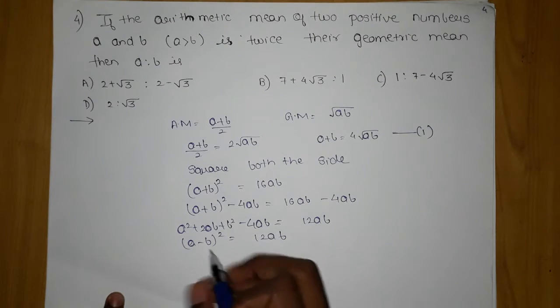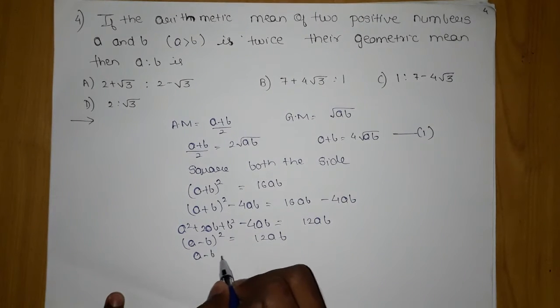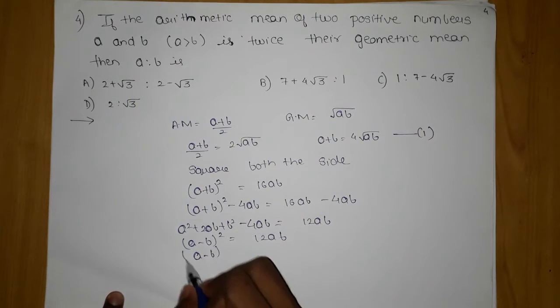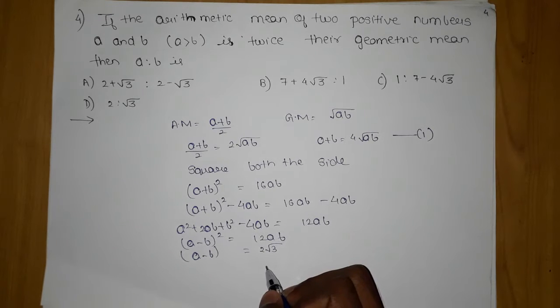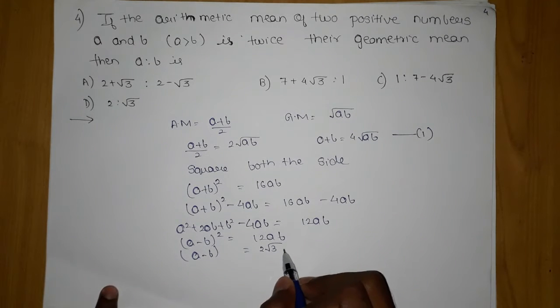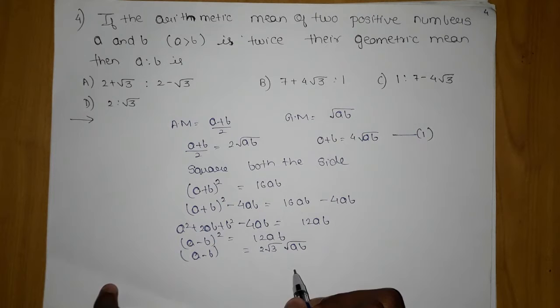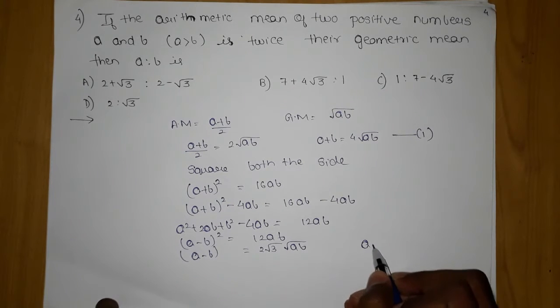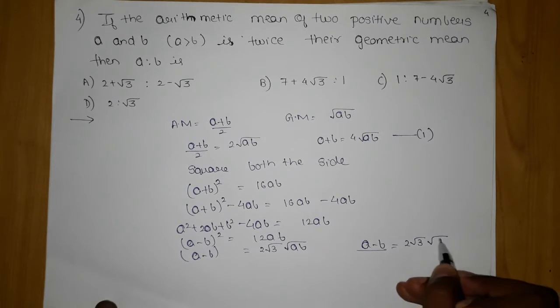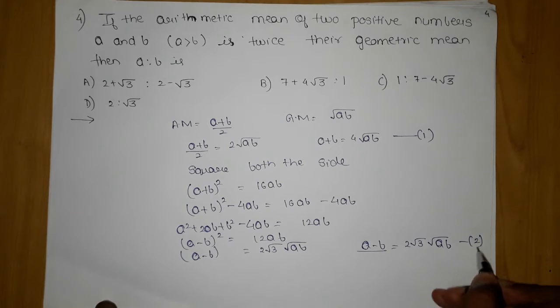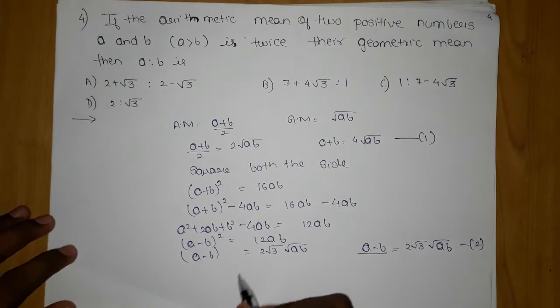Further on, you will move this to that side, which will give you 2 root 3, and under root AB will be there. So what we are finally getting is A minus B as 2 root 3 under root AB. Let's call it 2. The moment we divide,